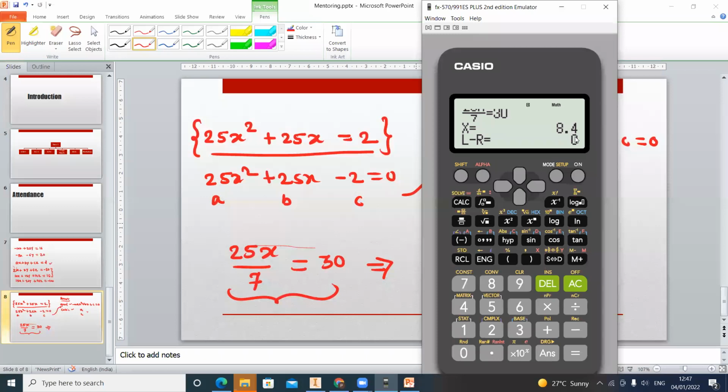The only mistake that we will commit for such type of direct calculation is sometimes the calculator can't solve the complete equation. It will show some remainder. So here you can see there is one remainder option. If the remainder value is 0, then you can make sure that the given answer is correct. Otherwise it is the wrong answer if there is some remainder value. So always verify the remainder value, R value, it must be 0 for such type of direct calculation.